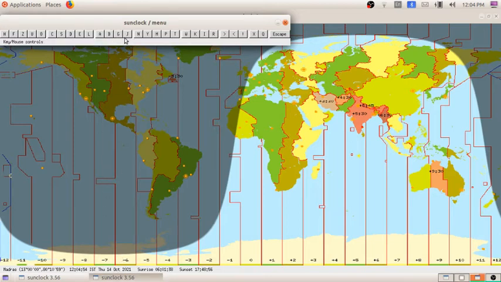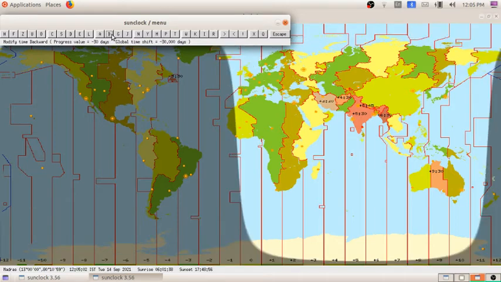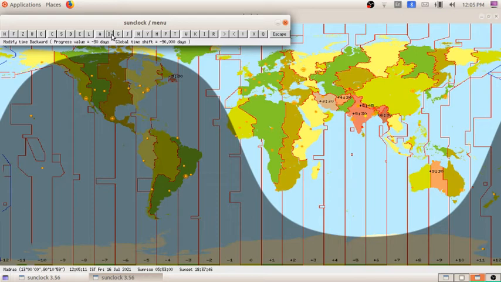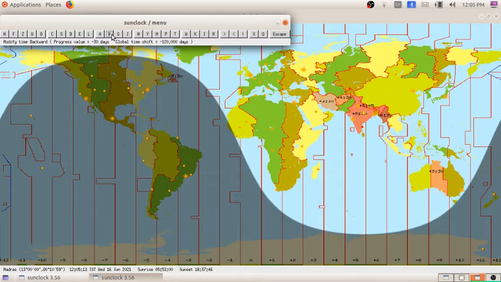By setting the progress value as 30 days, I am moving backwards, so I have to click on the backward tool. It is moving backward. Now it became September 14th, August 15th, July 16th, June 16th.